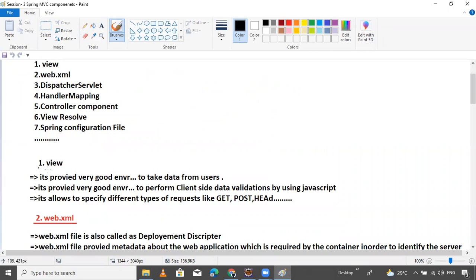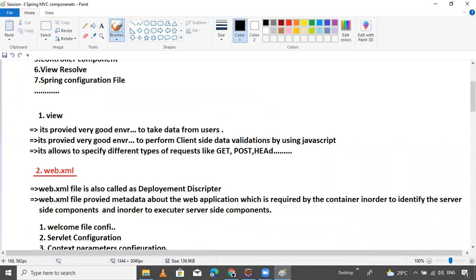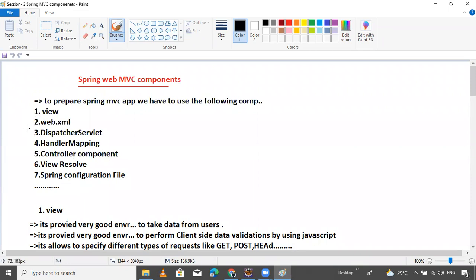First we learn what the view part is. There are many components. First is the view. First we will complete all the components, then I will discuss the major concepts from the interview point of view: Spring Web MVC control flow and execution flow, how to execute all these things, how to deploy, and the context servlet. I will discuss all this when we complete these things. Today's agenda is the completion of the dispatcher servlet.